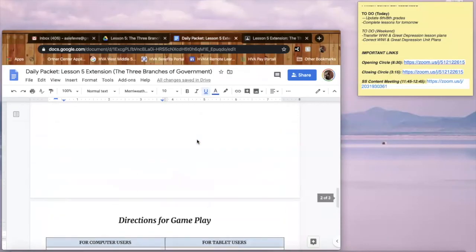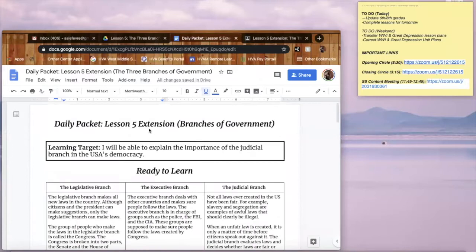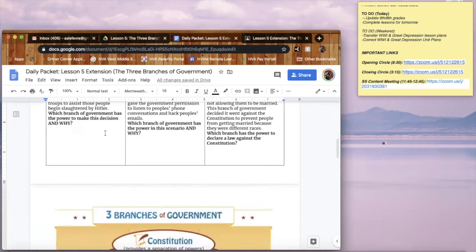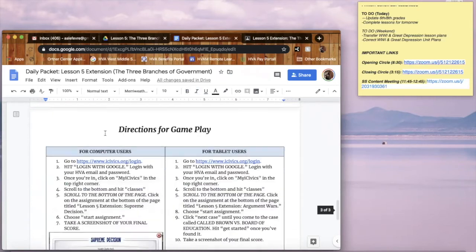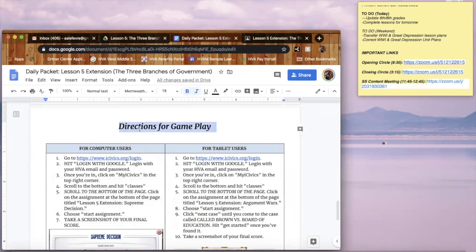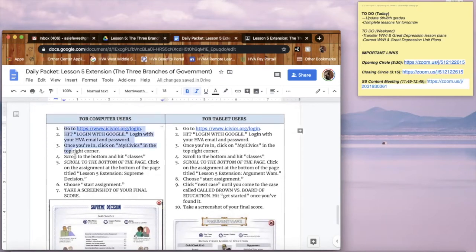So depending on whether you're using a computer or a tablet today, you'll be playing a different game to complete the Daily Packet Lesson 5 extension, Branches of Government. To complete this game, you need to follow the directions for game play, which is the 3rd page of today's Daily Packet. For computer users, I'm going to go over the steps you need to take in order to complete